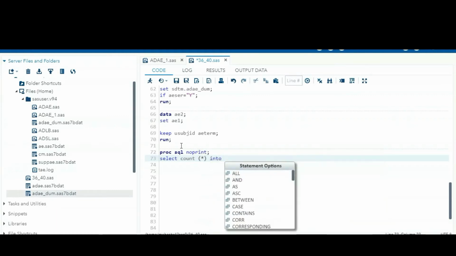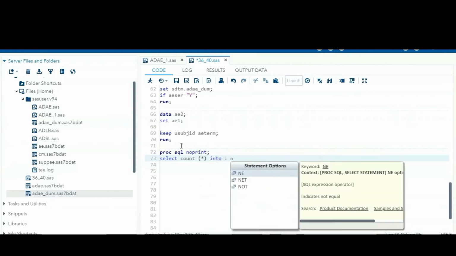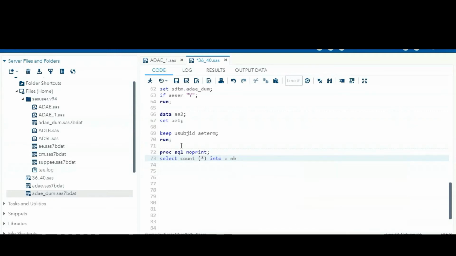I am giving the number of observations, NBR_OBS, as a macro variable name, from the AE2 dataset.